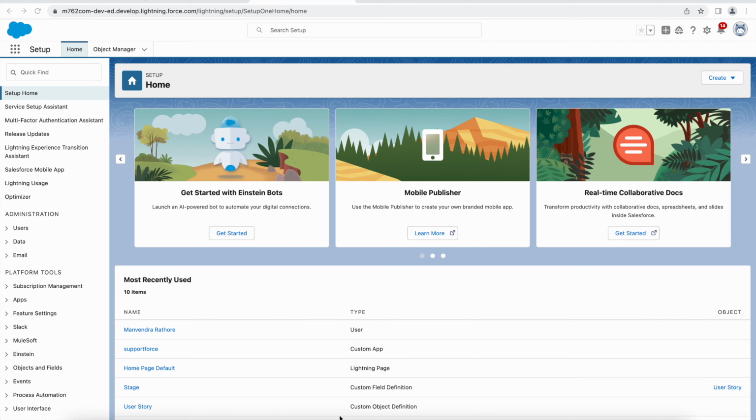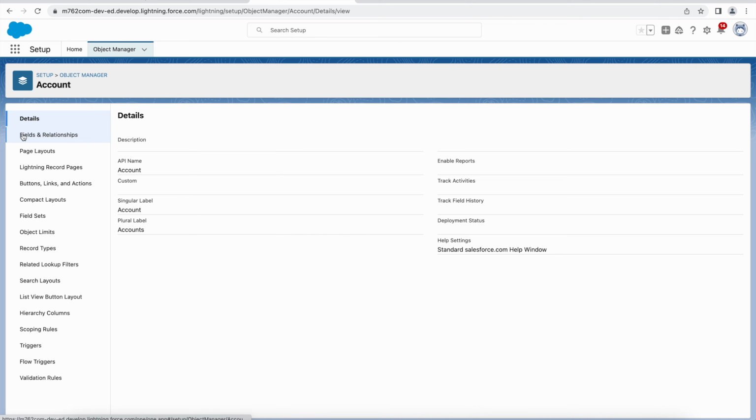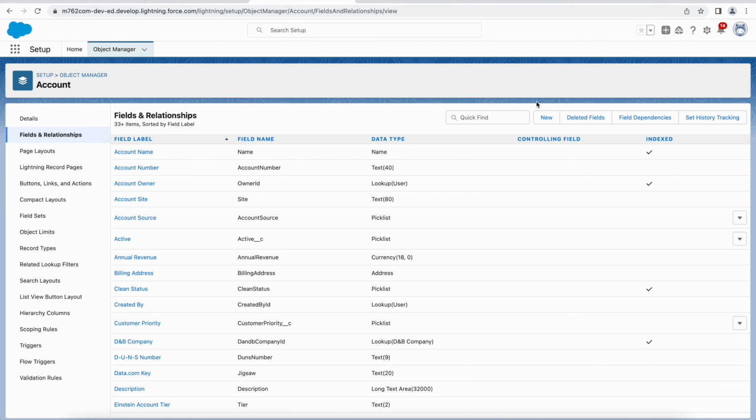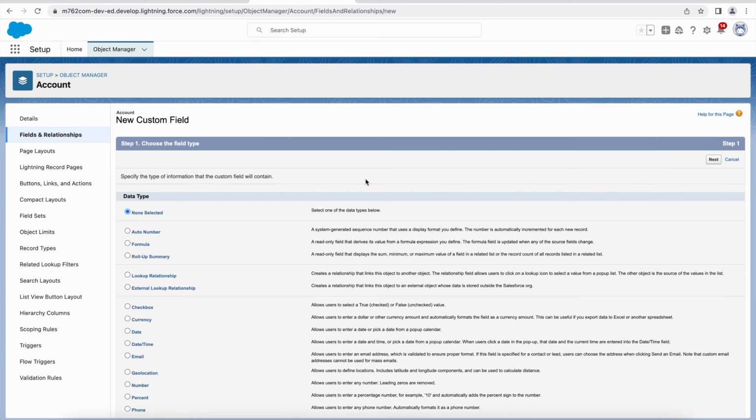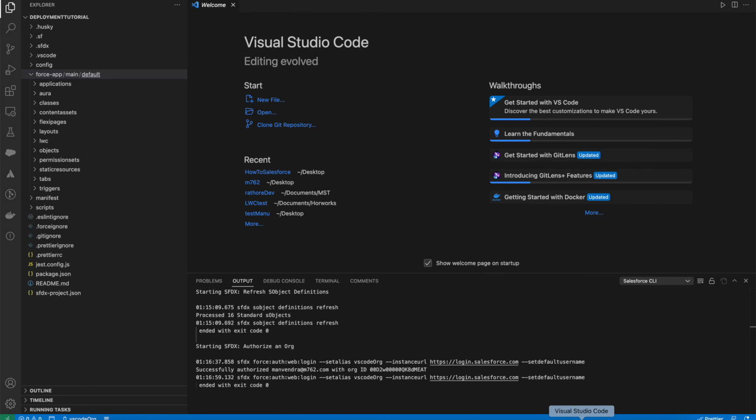Okay, so for testing purpose, suppose if you want to create a field on account object, we will try to deploy this field first. Go to fields and relationships. Now here, click on new, or maybe I think we should try with some Apex class. Let's go to so that I can show you how you use VS Code. Now in your VS Code,